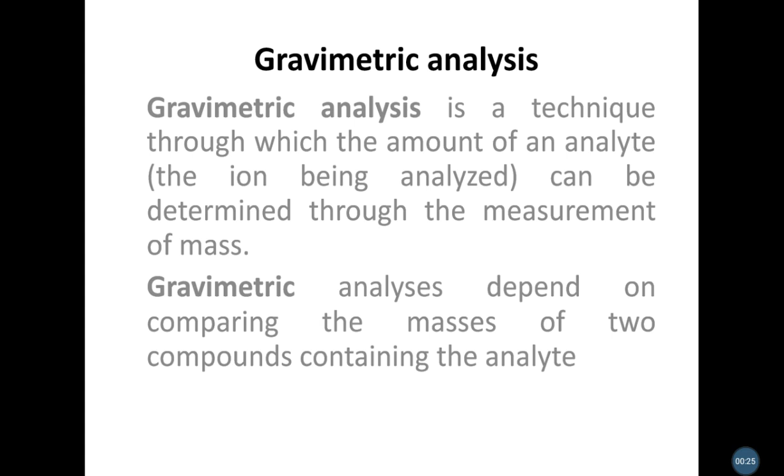So you have some measurement, the total mass, whatever you have to precipitate, and gravimetric analysis depends on comparing the masses of two compounds containing the analyte. Now if you are going to take gravimetric analysis procedures and you are going to synthesize, at the end product you want to realize that the whole compound gets composed or condensed in such a way, now you have to go for the precipitation, filtration and washing technique.